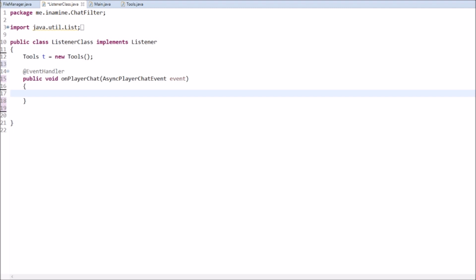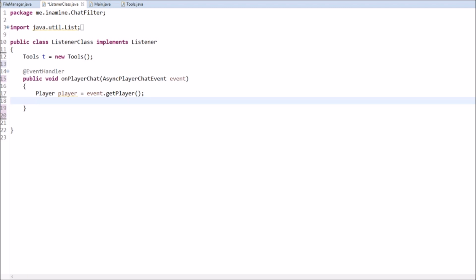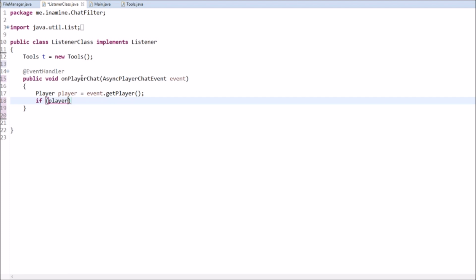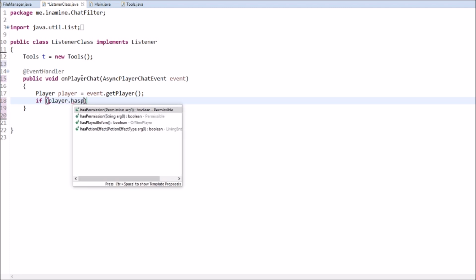Now that we're in here, we want Player player = event.getPlayer(). So that gives us the player that's chatting. Pretty obvious there, I think. But then player. Sorry guys. So player.hasPermission